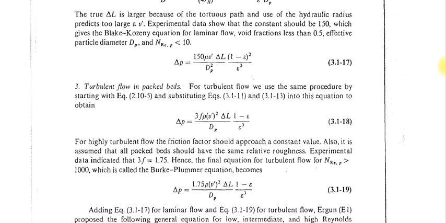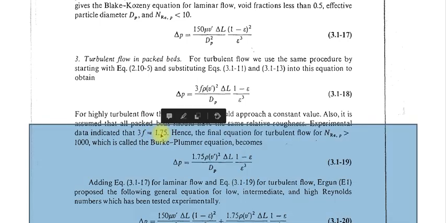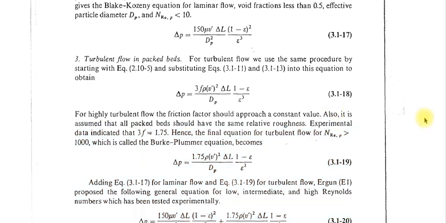Now in this formula, when we have done the experiment, we found that 3f equal to 1.75. It is a constant value. So in the fixed bed reactors, 3f value is constant, friction factor is constant, and 3f is equivalent to 1.75. So we replace the 3f with 1.75, then delta p comes as 1.75 rho v dash